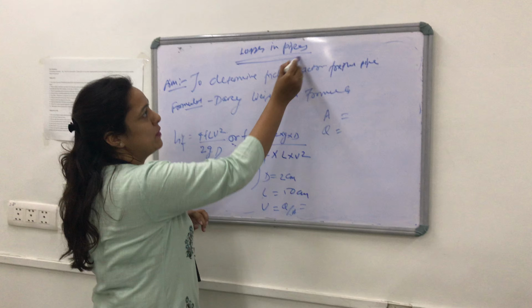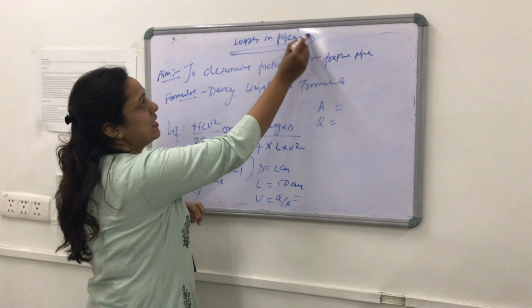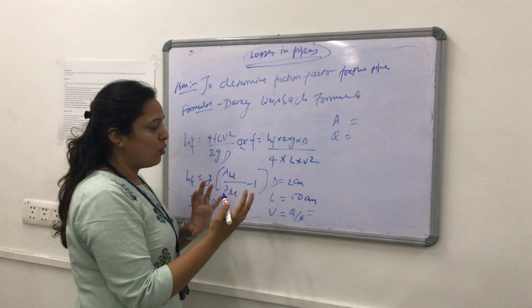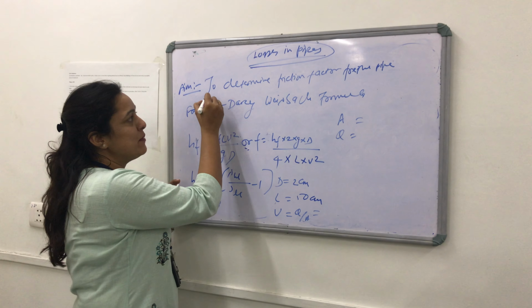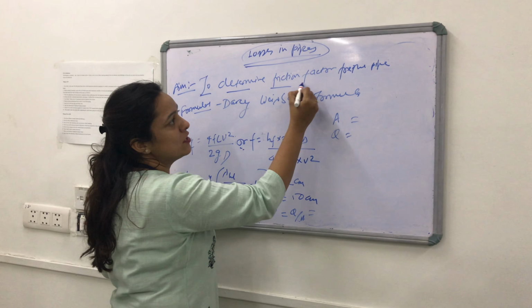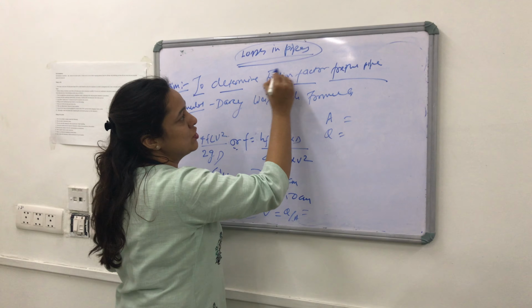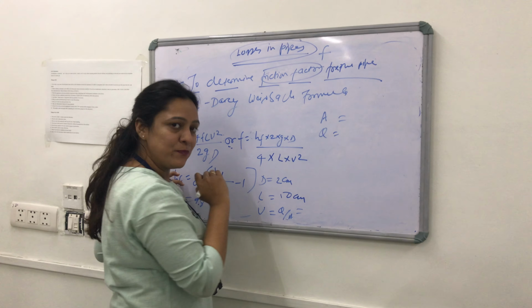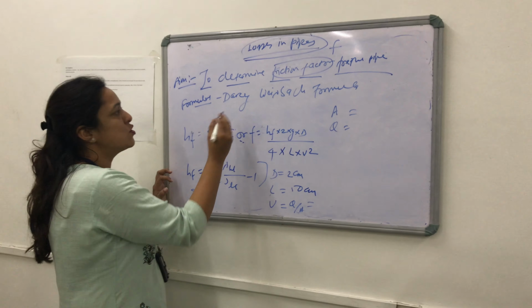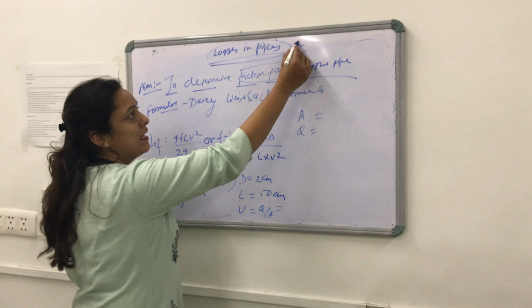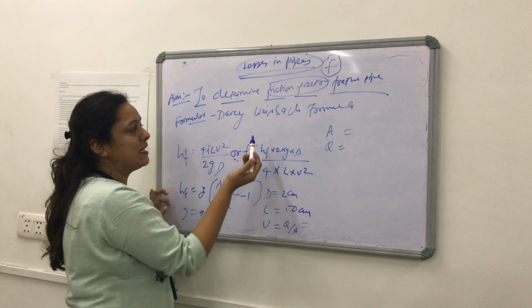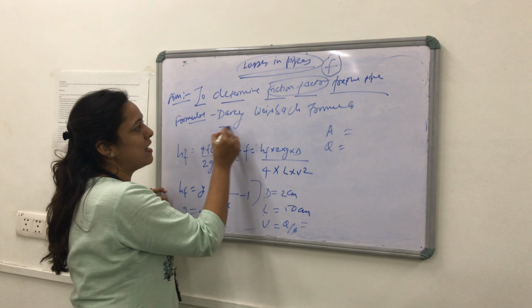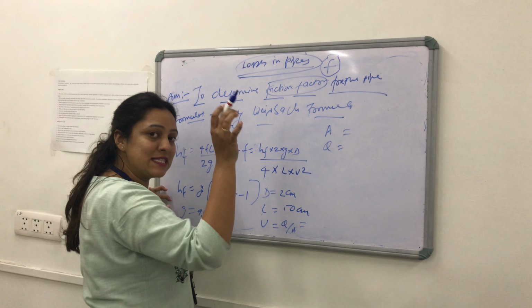Good afternoon all. So now we are going to do the calculation for this experiment, that is the losses in pipe. So of course, as I told you, what is our aim? Our aim is to determine the friction factor for the pipe, and friction factor is denoted by small f. Now also what is the formula that we are going to apply for finding out the value of f? That is what we have discussed in the class, the Darcy-Weisbach formula, which is given in the form